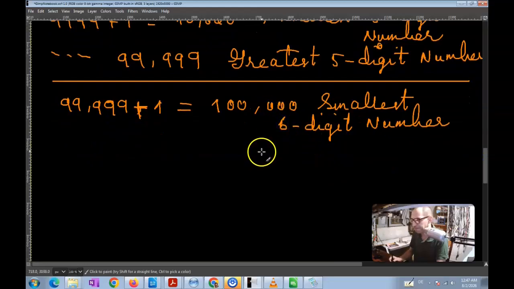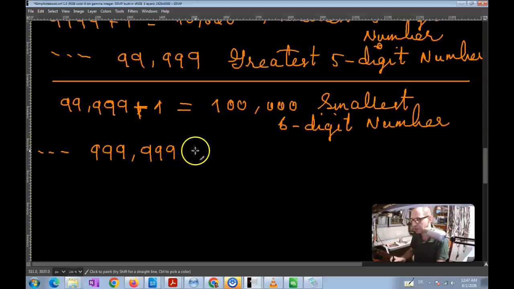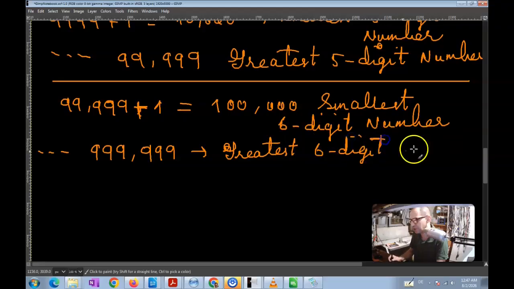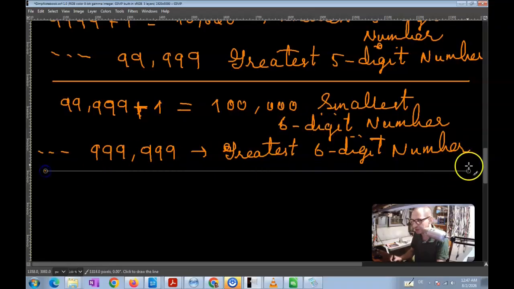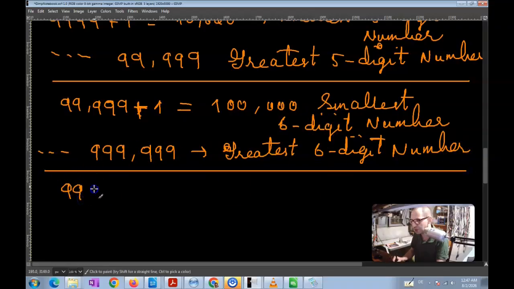And then of course, you can just keep moving with this number and make it 999,999, which is then the greatest 6-digit number. And of course, you can just simply keep moving with these. 999,999, if you add a 1 to it, you will get